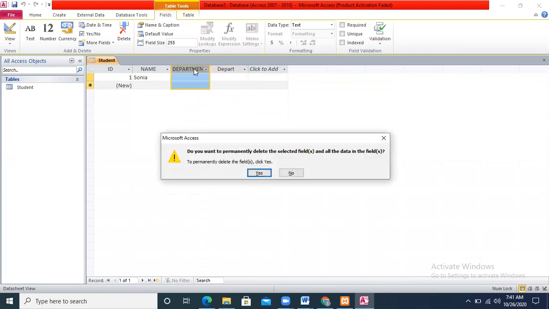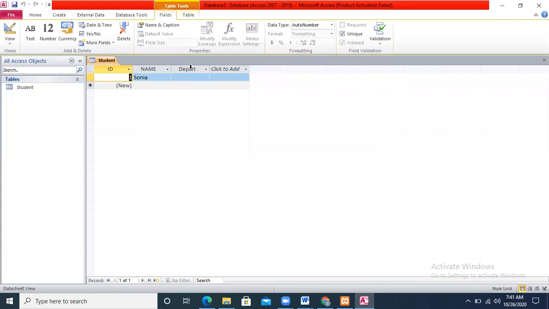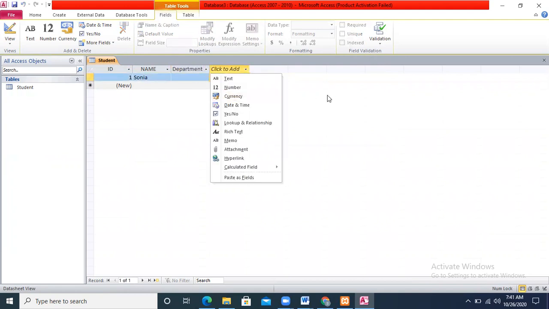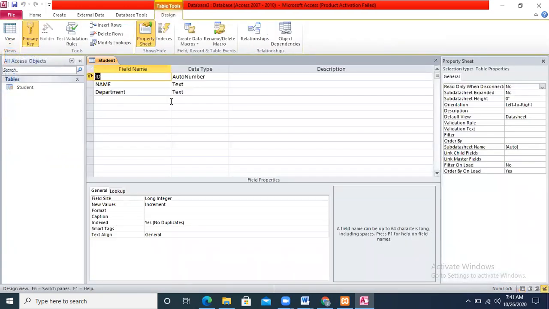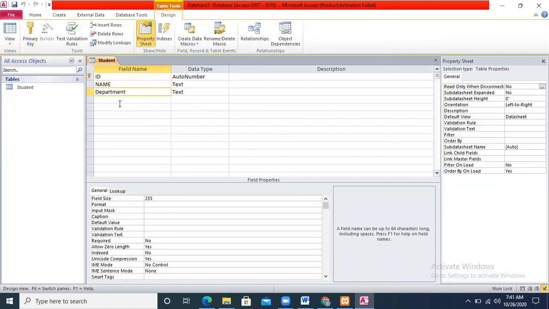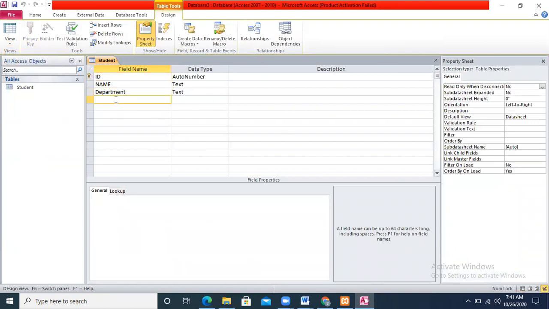If you delete this particular field, because we have already looked up our values, now you can edit the name of this field also, department, and the name will be edited because we don't have any other field with the name of department. There is also a view. For example, this is a datasheet view and this is a design view. In design view of your particular database, you don't have to type each thing in that particular datasheet view. In design view, you can simply use the GUI to define your particular entities.